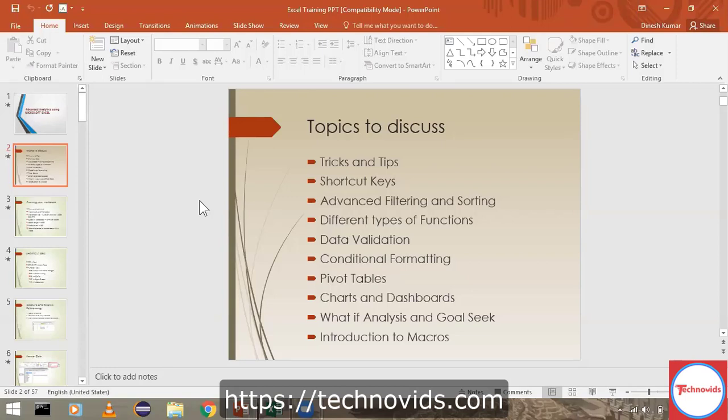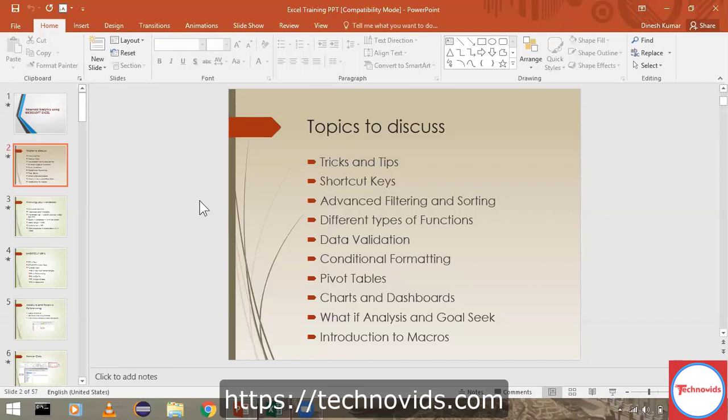So finally, we have a concept called macros. Macros are nothing but a programming part of your Excel where you can record some set of actions and play it back whenever necessary, right? So that comes under macros. We'll just touch base on what a macro is and how to record it, how to play it back based on the available data.